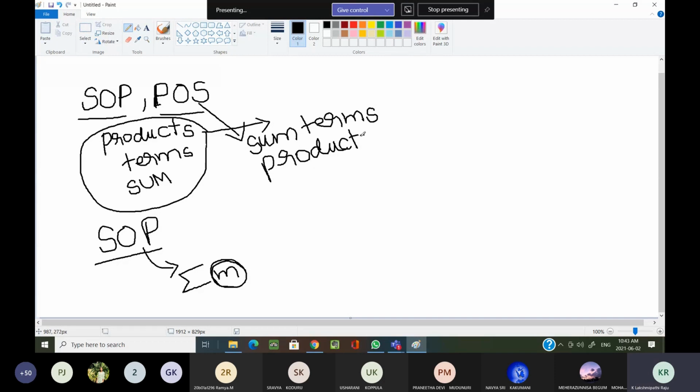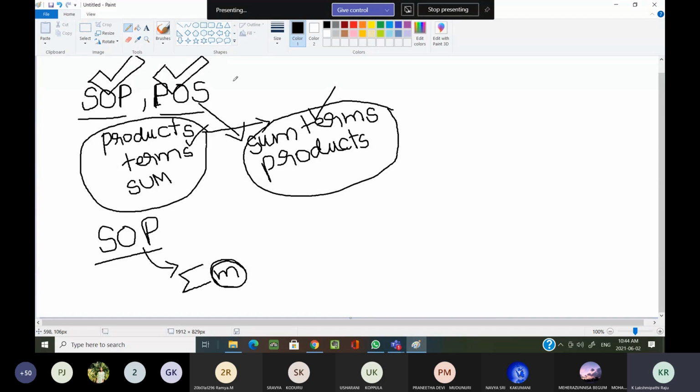Okay, don't get confused. Some people may get confused because I have written it reversely. If you are not understanding these terms, you can write them directly as sum of products and product of sums. Always when I am explaining, I am going in the reverse direction. In product of sums, we have max terms, and we perform the product operation of those max terms.